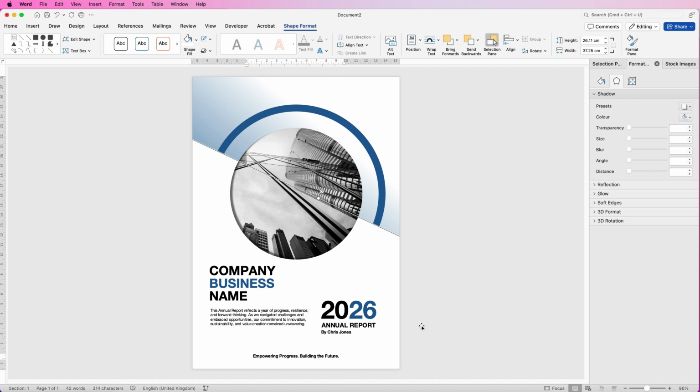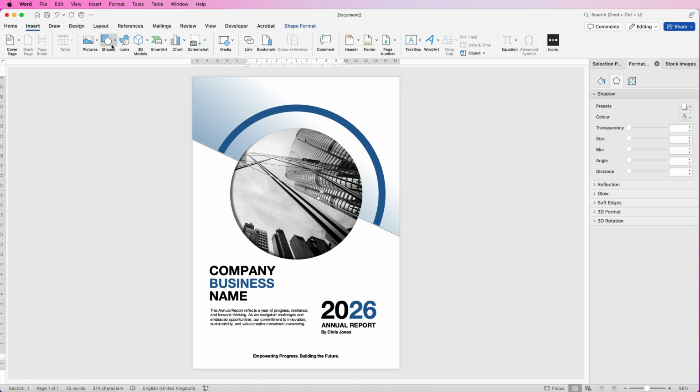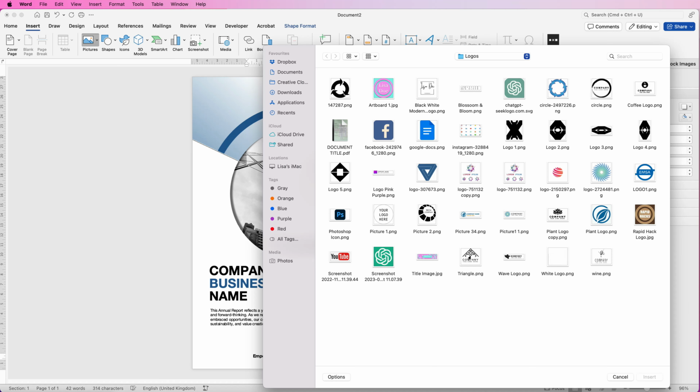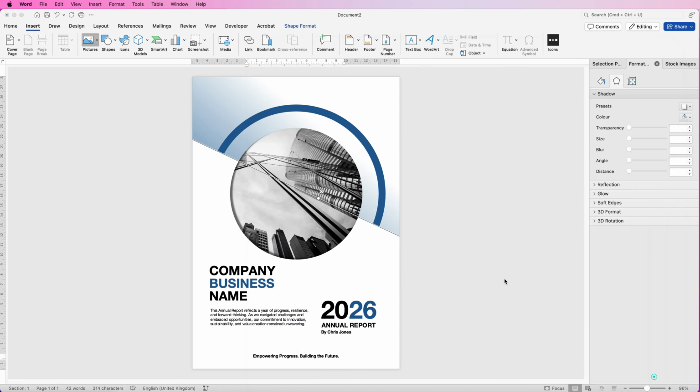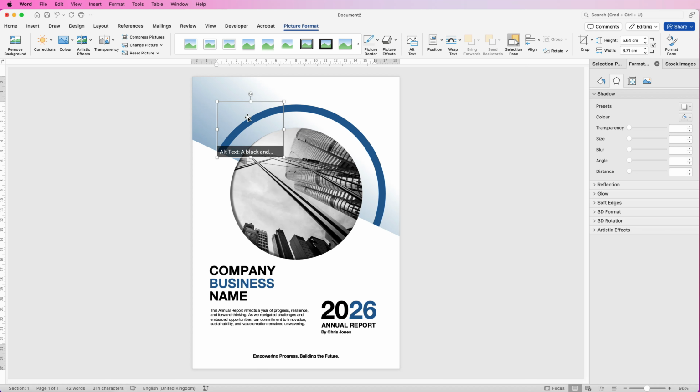So the only thing now is to insert your logo. So go to Insert, Pictures, Picture from File, select the logo that's yours or the one that you want, click Insert. When you insert something, you might not be able to see it or might not be able to move it. So leave it selected, go to Picture Format, Wrap Text in front of text. Now you can move it, resize it and put it wherever you like. Again, try to look for a level of alignment at the side here. So what you could do is bring it down to here. You could align it with this 6 here with the edge,